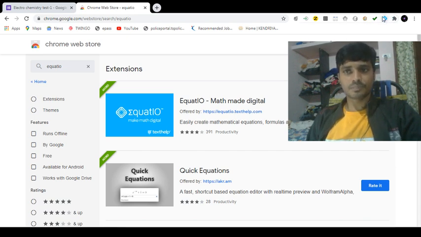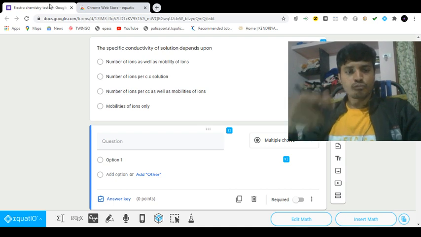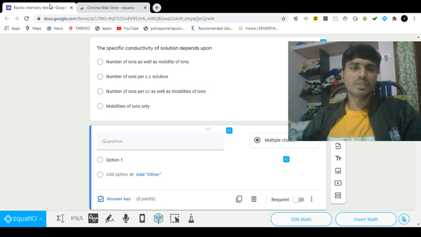Now we will see how to use this extension in Google Forms in the preparation of the question paper, chemistry questions. I will explain the simple way of how easily you can frame the question. Not only in the preparation of question papers, this extension is useful for your online teaching also, but there you can use Google Docs instead of Google Forms. You can open Google Docs and use the same tricks I am going to tell you.